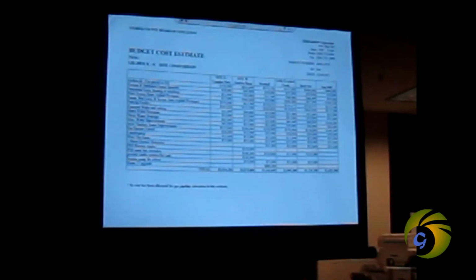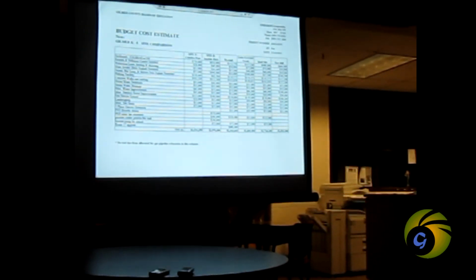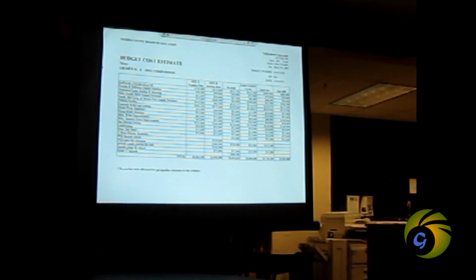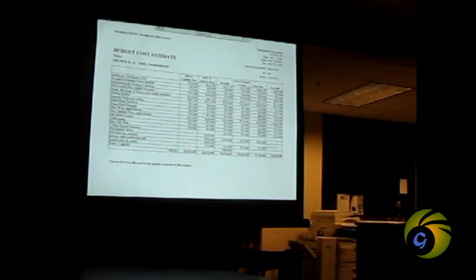So what we've done, as we've done in the past, is I put together a comparison study looking at the different costs. And, obviously, some of them don't apply, like three-phase electric. Cannon Flats and auction barn is basically something that's within the scope, not an expansive electrical extension as it is at the other sites. The auction barn, Arbuckle site, will require a PSD booster station as well as a main line, and that's part of what I was speaking about earlier. But that's part of a grant that's already in place if we need it. The Westfall, with a $500,000 grant and a $500,000 loan, the Westfall property requires